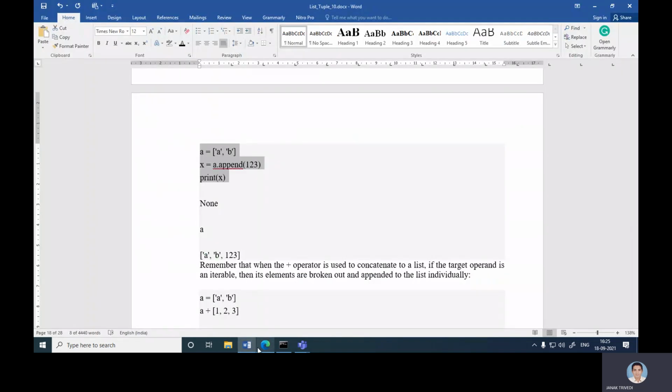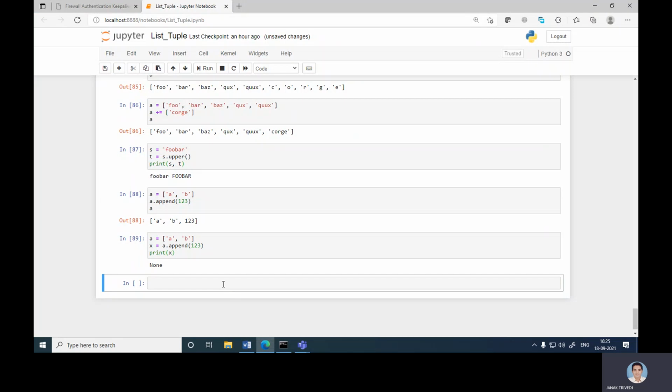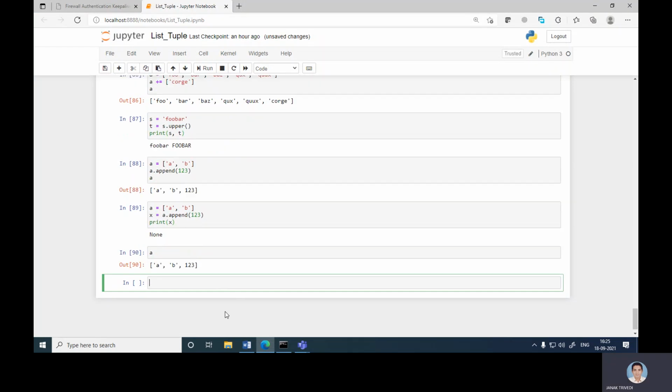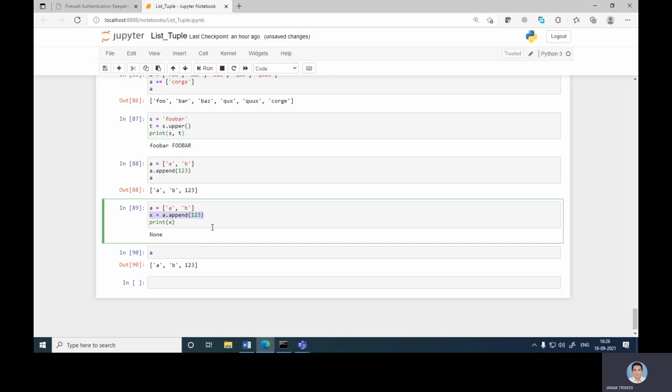And when you print a, then it is ['a', 'b', 123]. So the value of a is changed. There is nothing returned to x, sorry, that's why it gives a None result. Okay, understood?